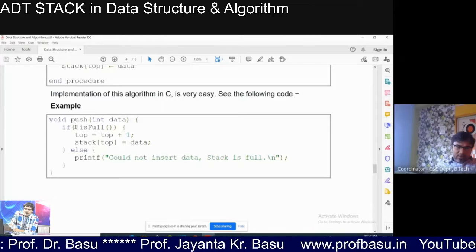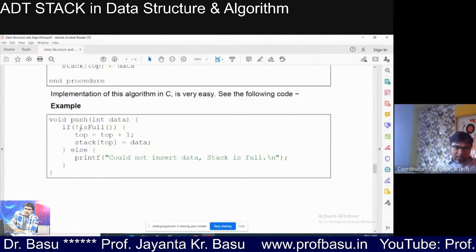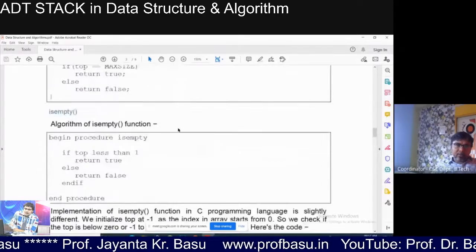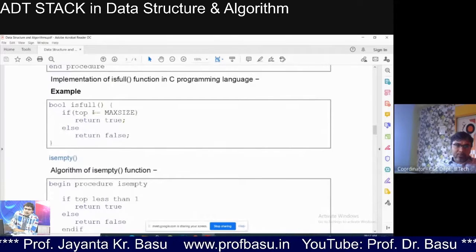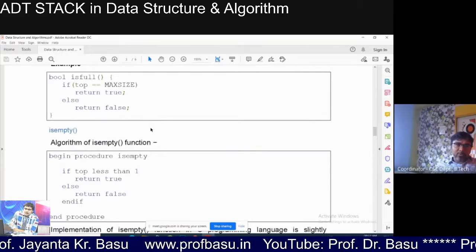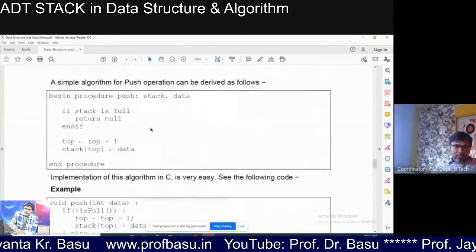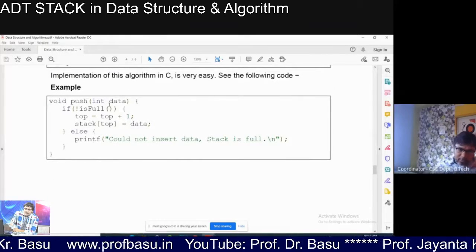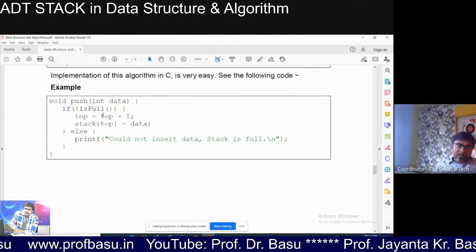If it returned false, false means this is true. Not is full means, by default is full returns true, right? If it is true, then return true. So if not is full means false. Not is full means is full. If it is not is full, means not full, then we will try to push the element